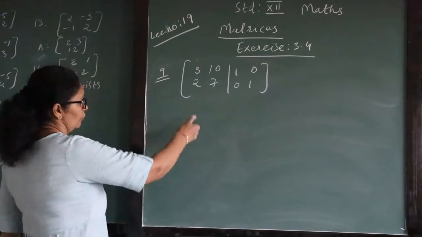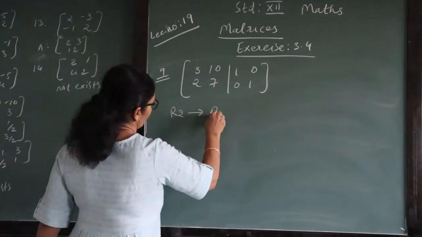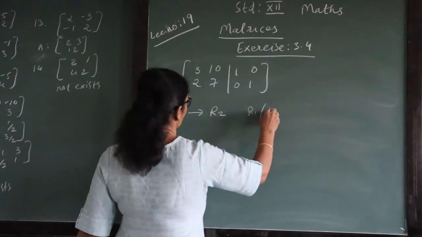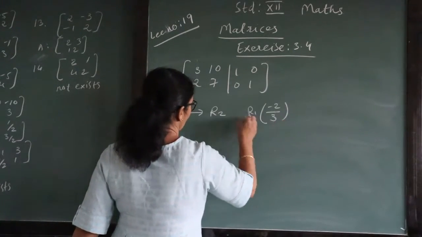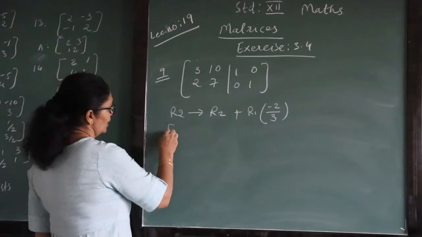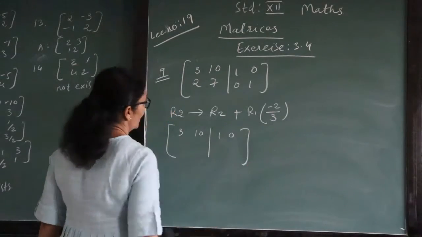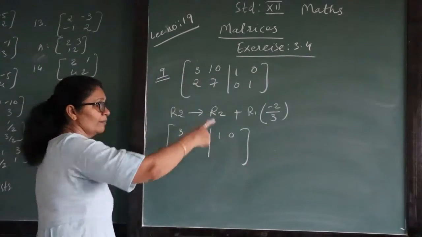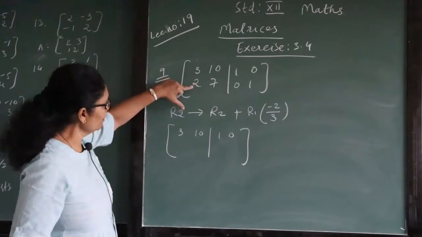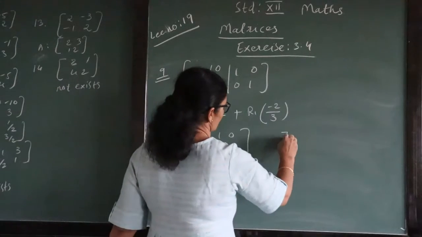Okay, still we don't want here 2. So first what you have to do, we are changing in R2. So for that, first one R1 will be divided by 3 and then multiply with minus 2 to reduce this term. Okay, let's start. First row as it is. Now first we have divided by 3 means 1. When you multiply with minus 2, this became plus 2 and minus 2, 0. Now for this, let's write this procedure.